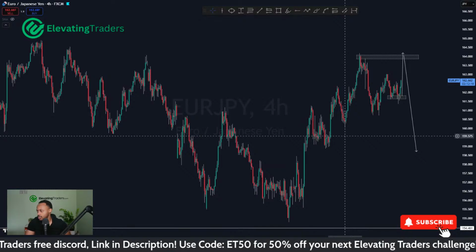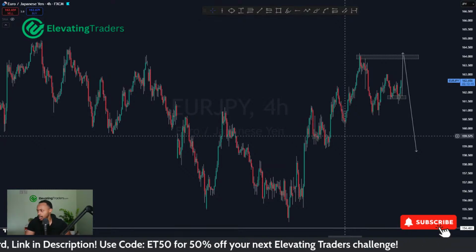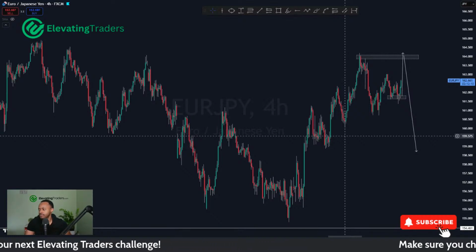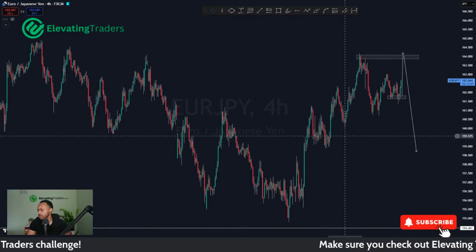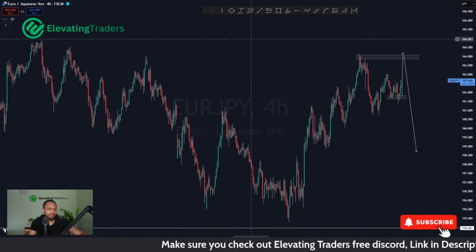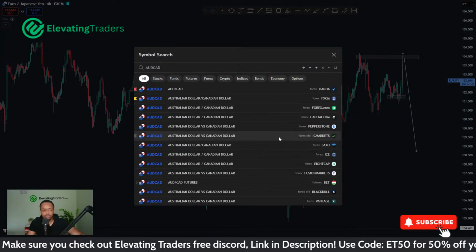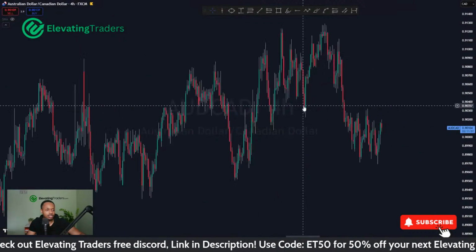Gideon, Aussie CAD, short entry, 0.9, okay. Currently not happy with how support is rounding on the 4 hour. If it breaks resistance at 0.9299, should I close the trade? Okay, I'll have a look at that. I'm actually pretty bearish on Aussie CAD as well. I'm looking to short it, but it hasn't got to my level just yet.